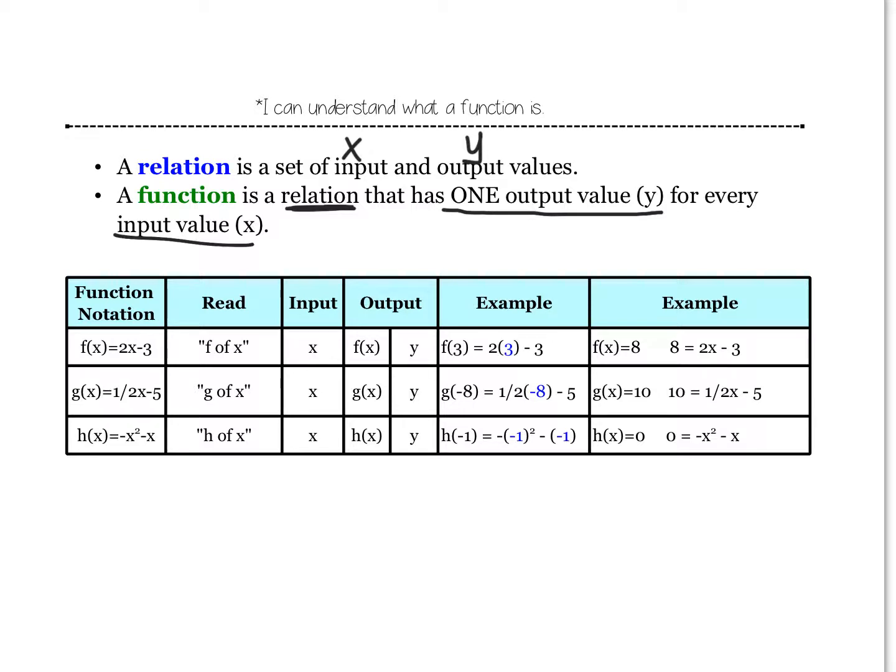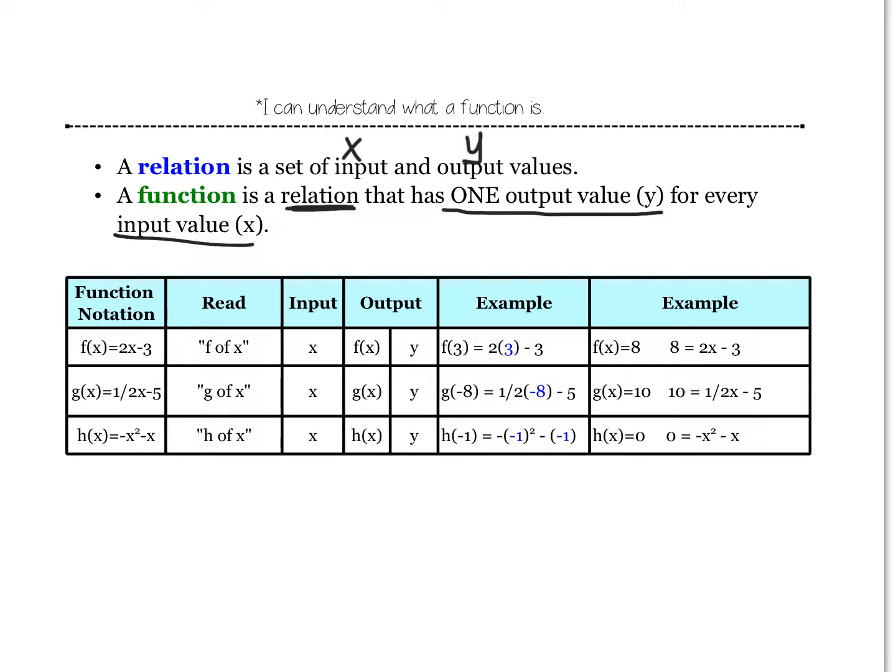So this table is just giving you some information about the function notation. We see it with f parenthesis x and then some sort of equation, whether it's linear, quadratic, exponential. We're going to deal with all the different functions. We read this f of x. This is read g of x and h of x. So I would say f of x equals 2x minus 3. In all three cases, my input is x. That's what it's telling me. It's a function of that x value. And then the output can either be f of x or y. So I could take this equation and rewrite it as y equals 2x minus 3, which is a little more